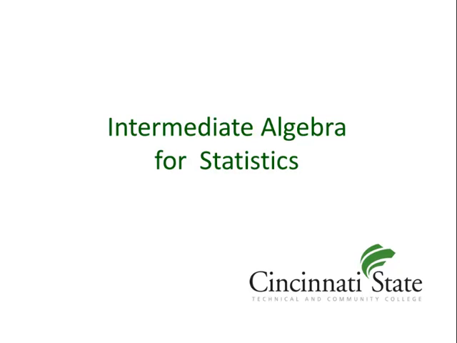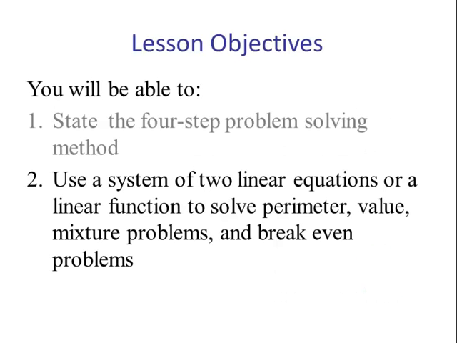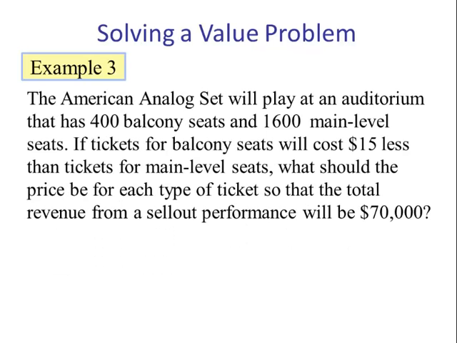Intermediate Algebra for Statistics, Parameter, Value, Mixture, and Break-Even Problems Involving Systems, Part 2. Lesson Objective: use a system of two linear equations or a linear function to solve parameter, value, mixture problems, and break-even problems. Example 3. The American Analog Set will play at an auditorium that has 400 balcony seats and 1,600